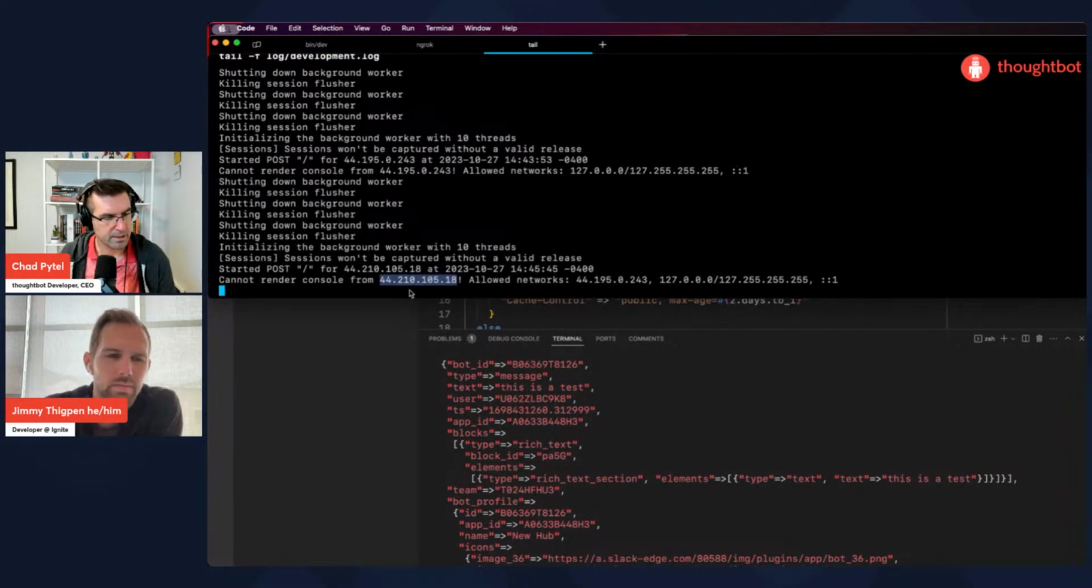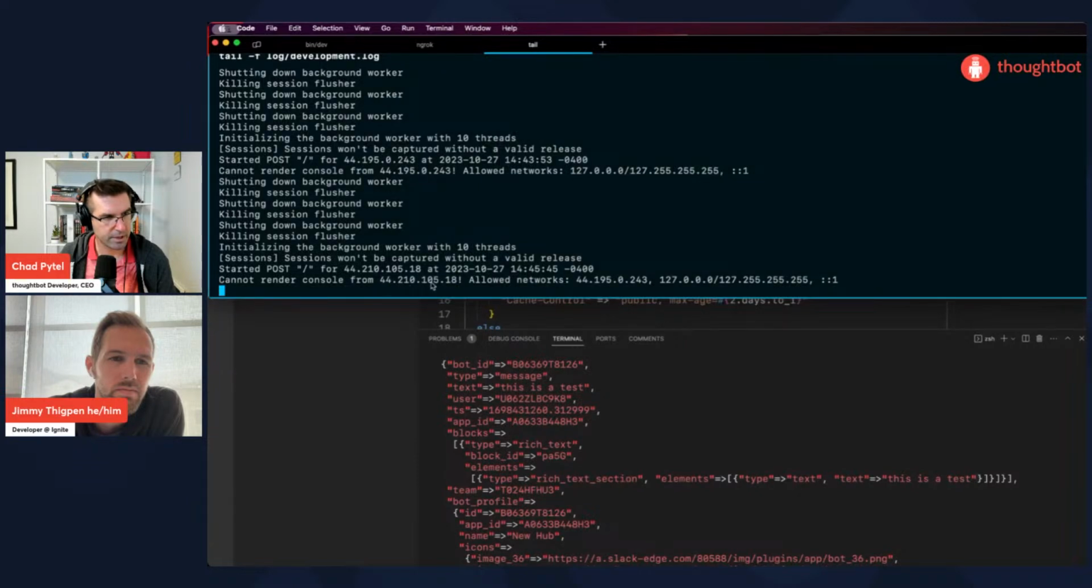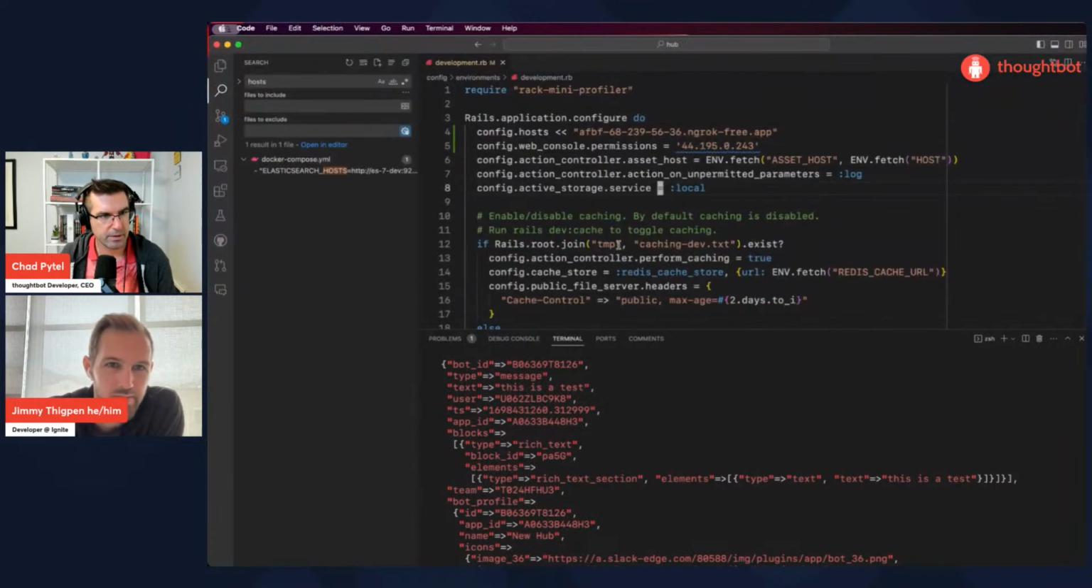But this whole thing changes except the 44. Can you do like 44.210.star? The 210 also changed. It used to be 44.195. Okay. I wonder whether there's a way to just